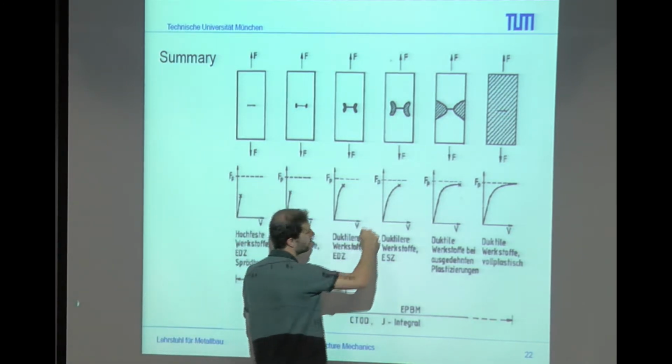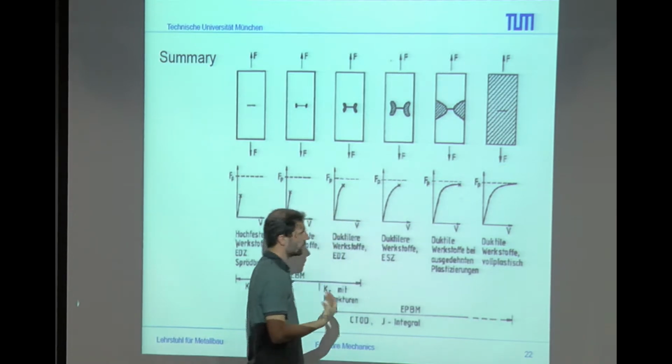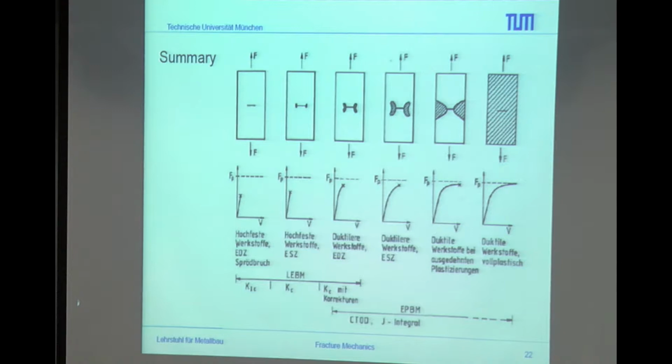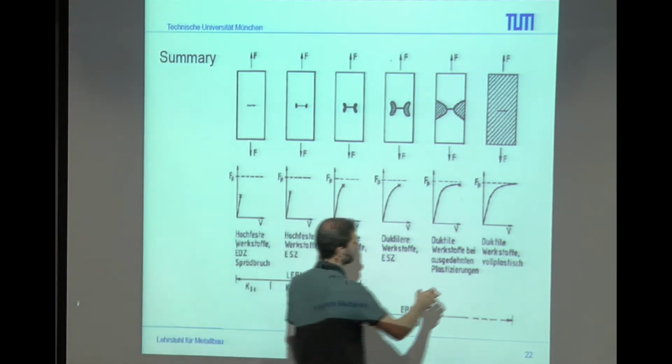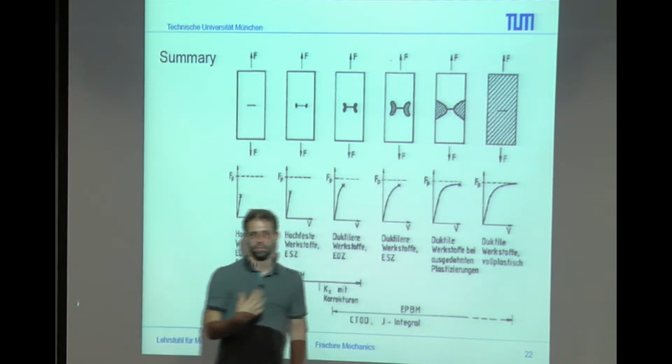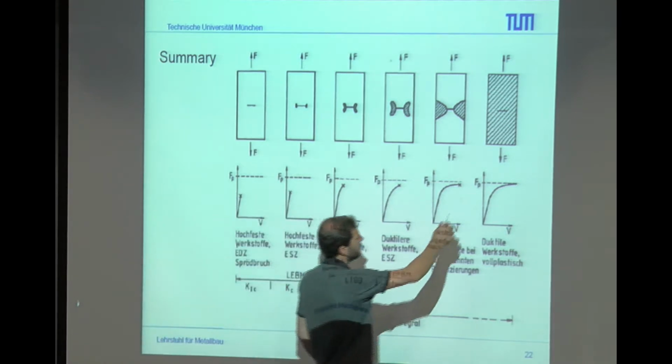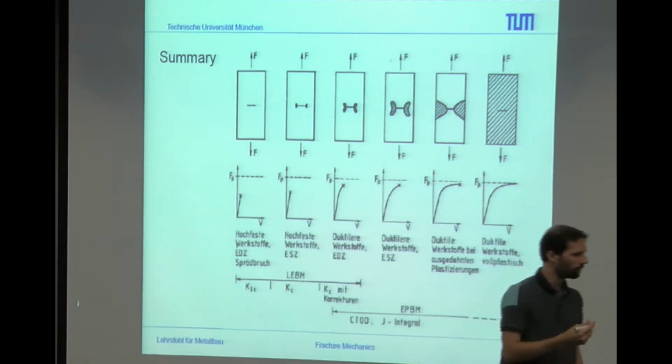And at the end, due to more plasticity, our whole section is plastified, and we just have the failing of the structure, as we have, for example, in a ductile model, but also as we would have in basically a tension test. So how is this part? For example, we